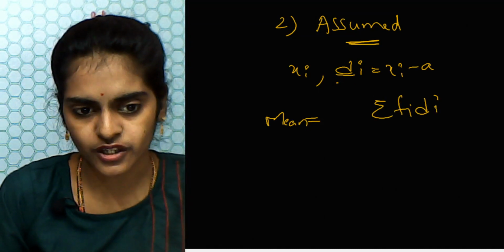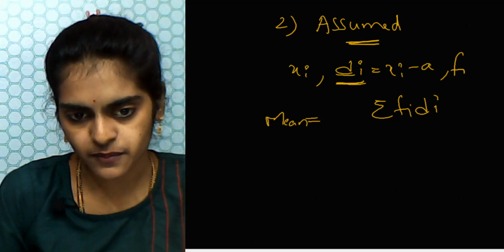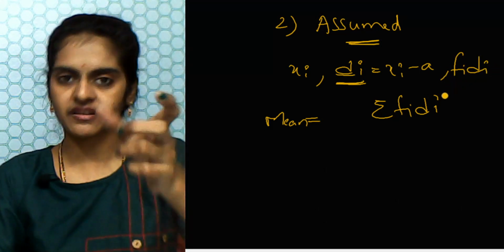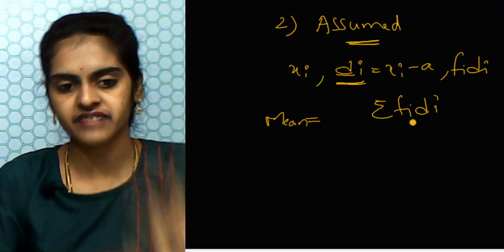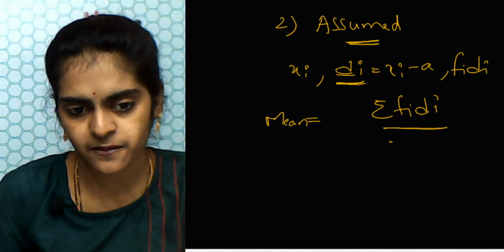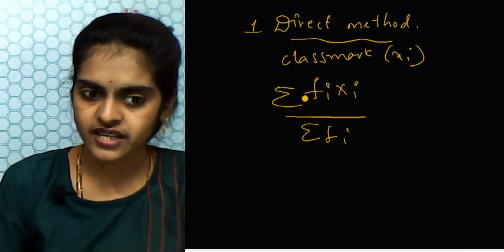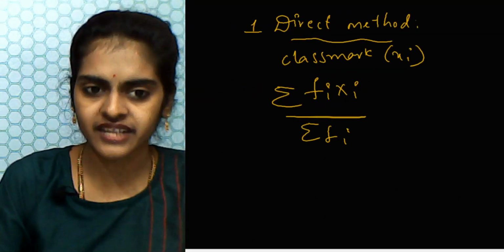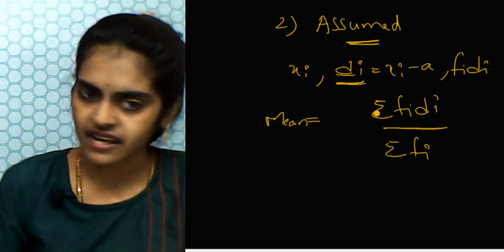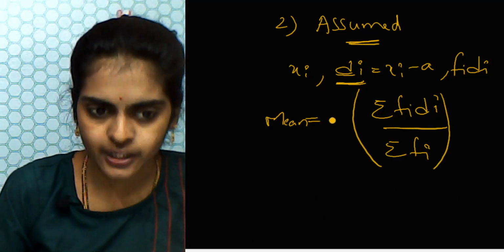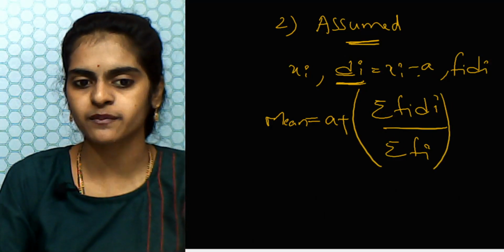After this step you will take the product of fidi, then you will add all the fidis. So it is summation of fidi divided by summation of fi. This is the same, except that instead of summation of fi xi, you are writing fidi, and this entire thing you will add with a